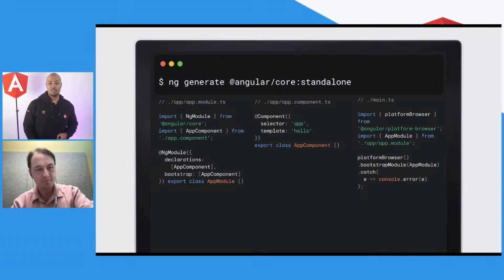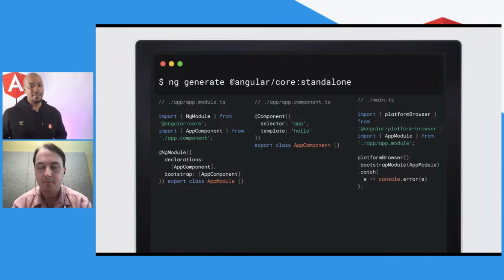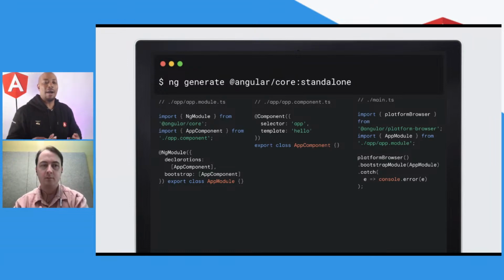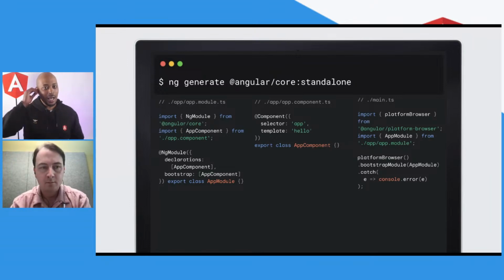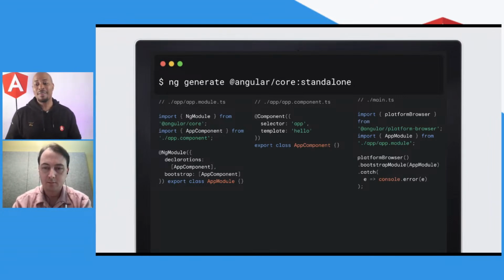Now, here's what's next for standalone components. And this is really fantastic stuff. We know that part of the story right now for standalone components is being able to migrate your applications, right? So right now, if you want to migrate, you have to do all this by hand. You have to go through, and sure, adding the standalone true flag in your component doesn't really take a lot of effort, right? You can just add that. But then what do you have to do?